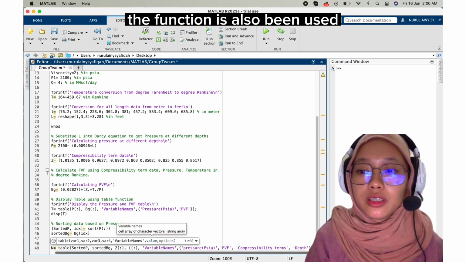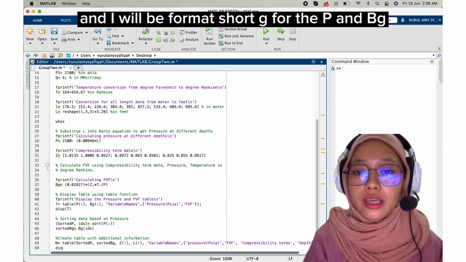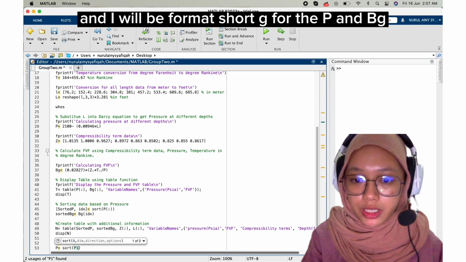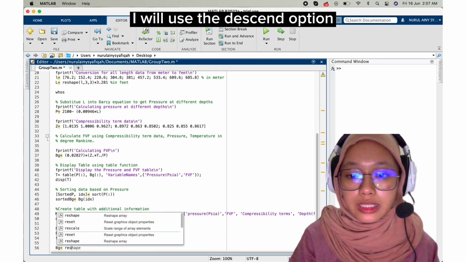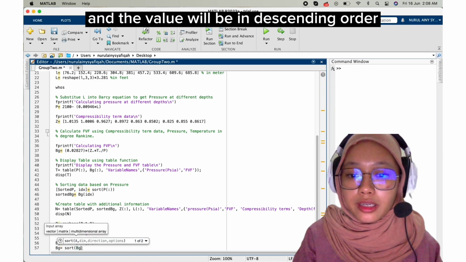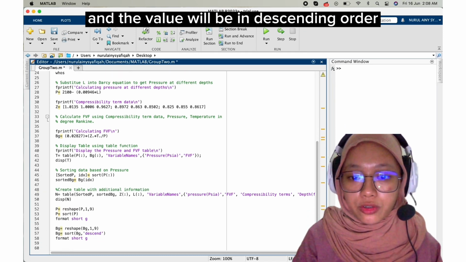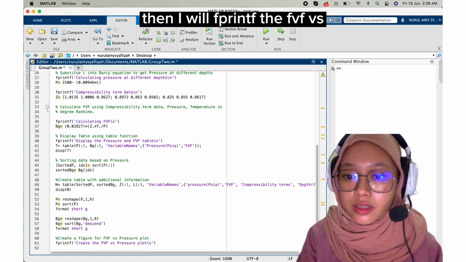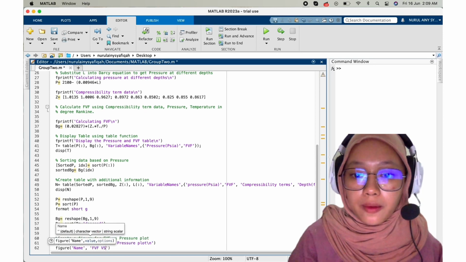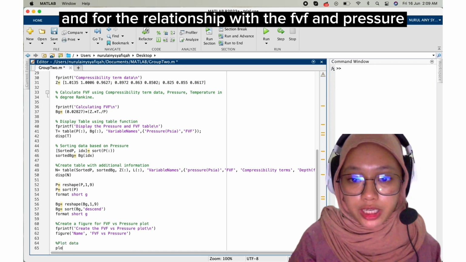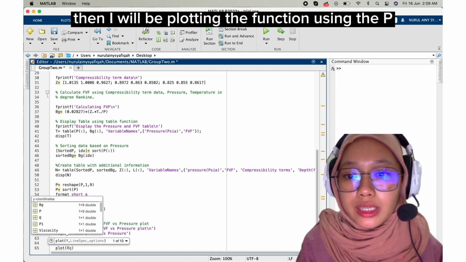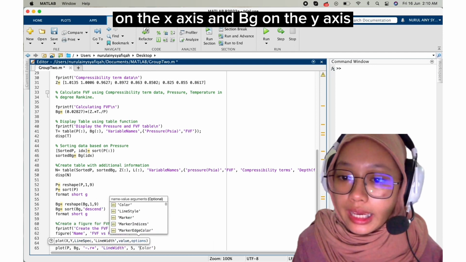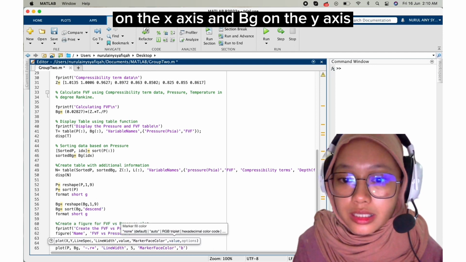The sort function is also used, and I will format short G for the P and BG. However, for BG, I will use the descend option, so the values will be in descending order. Then I will fprintf the FEF versus pressure relationship. Then I will plot the function using P on the x-axis and BG on the y-axis,